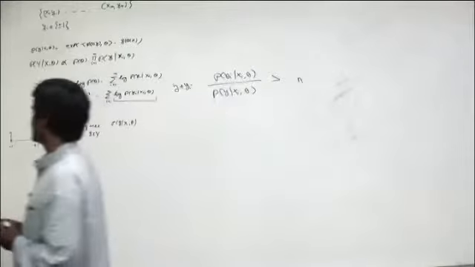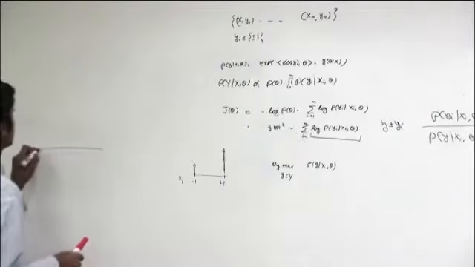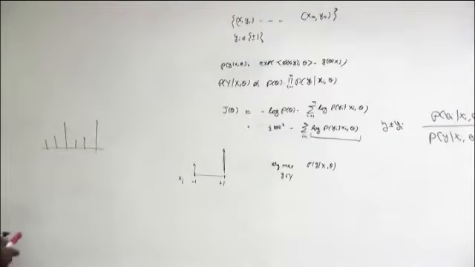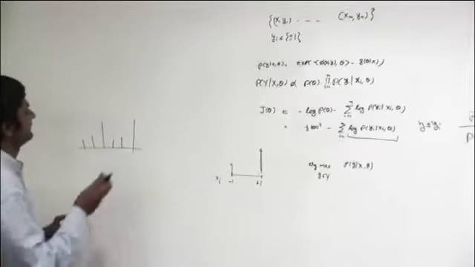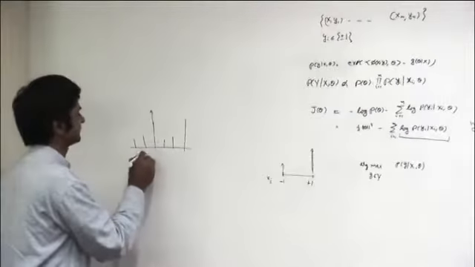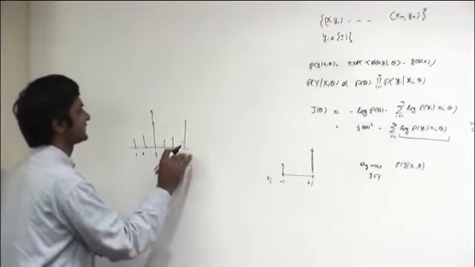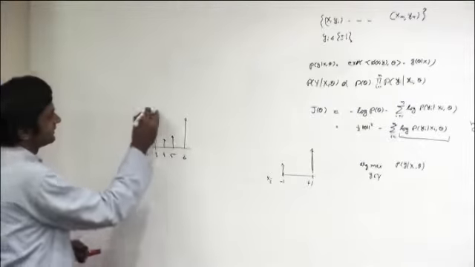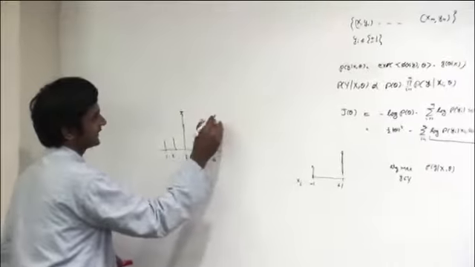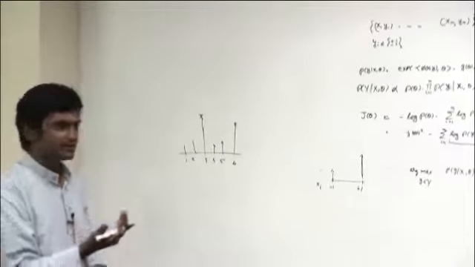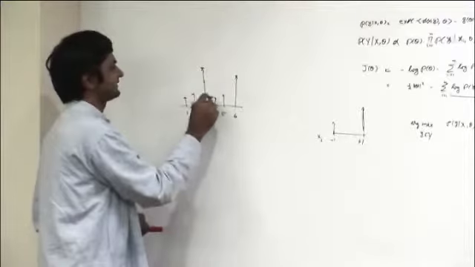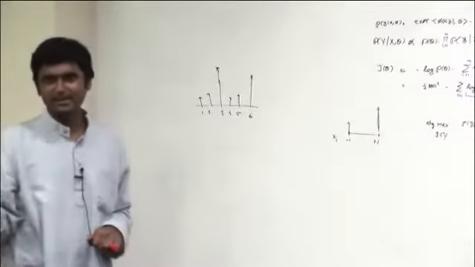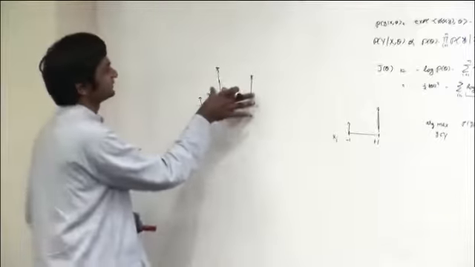The same visualization if you did in multi-class, then you could say here are all my different probabilities, this is how they look. Let's say I have six classes, class 1, 2, 3, 4, 5, 6. Now it may be the case that this one and this one both have almost similar weights, and all the other classes have very negligible weights. Let's say between these two there is about 0.99 of the probability mass.